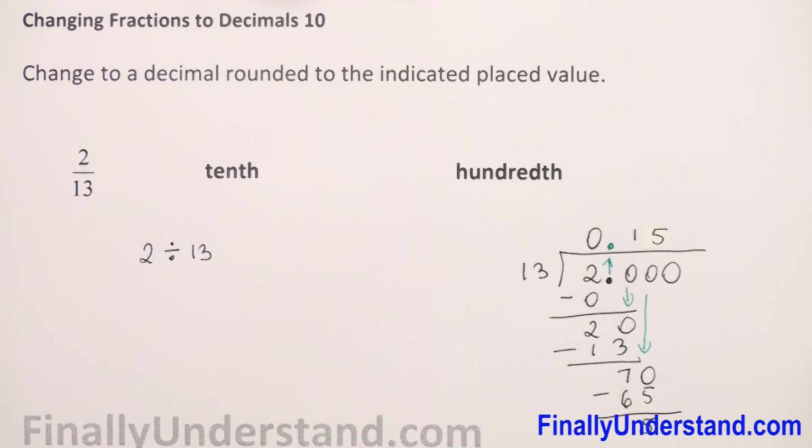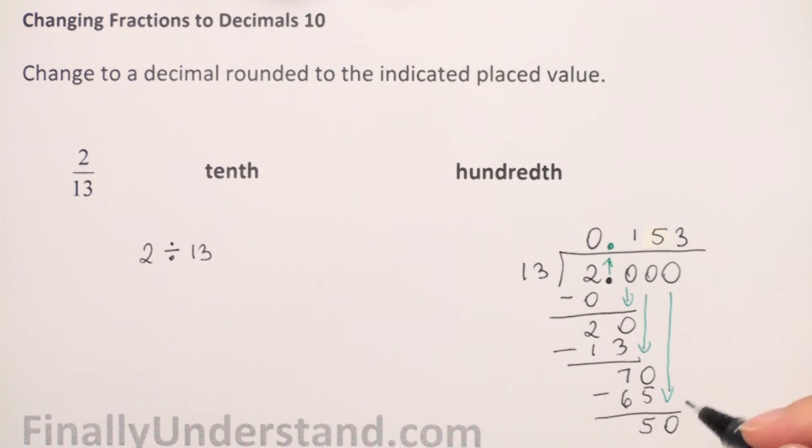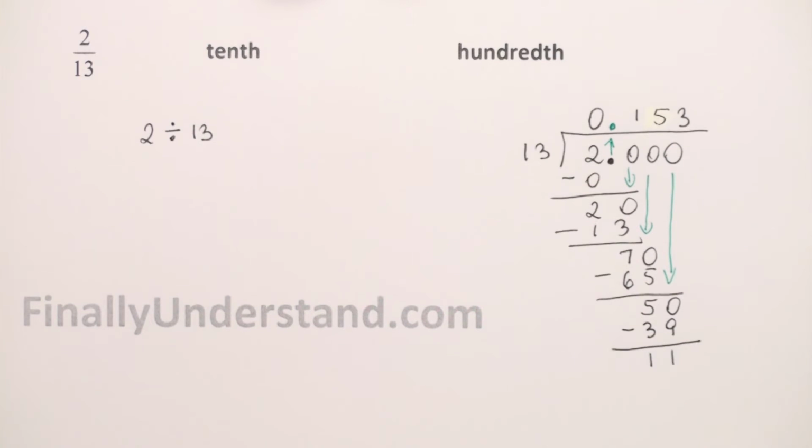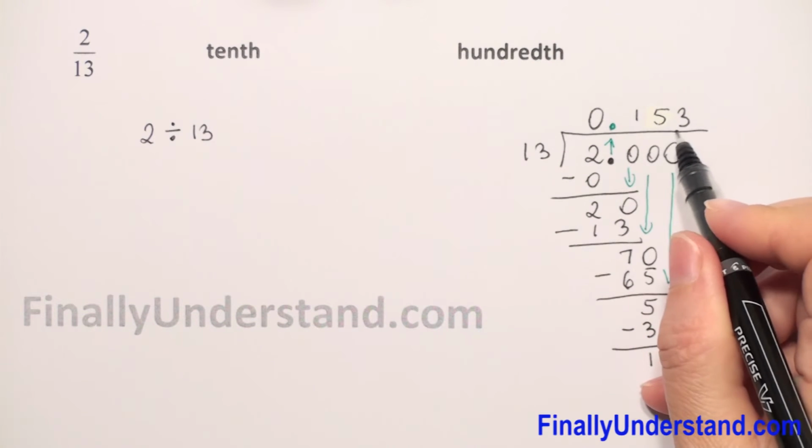What next? We have to take down next digit. So we have 50 divided by 13. So it will be 3. 3 times 13 is 39. Subtraction. So 50 minus 39 is 11, and because we have at that moment 3 digits after decimal point, we